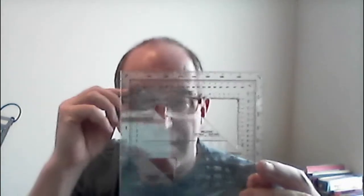So these little triangles that you see here represent different scales of maps. Okay, so this one is 1 to 50. I have to put on my glasses, sorry. This one is 1 to 25, and this is a 1 to 100,000 scale map. Now, a typical topographic map is either going to be a 1 to 50,000 or a 1 to 100,000. A USGS map is usually 1 to 24,000. So you probably can't use this. You'll have to actually get a protractor that has these triangles on it that is set to 1 to 24. And I'm not sure if I have one here, but